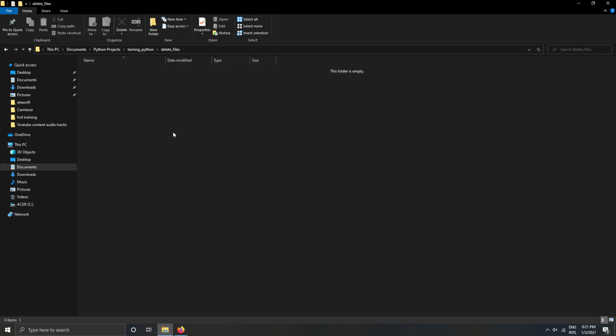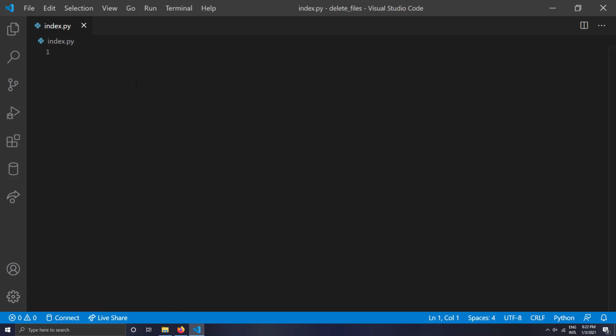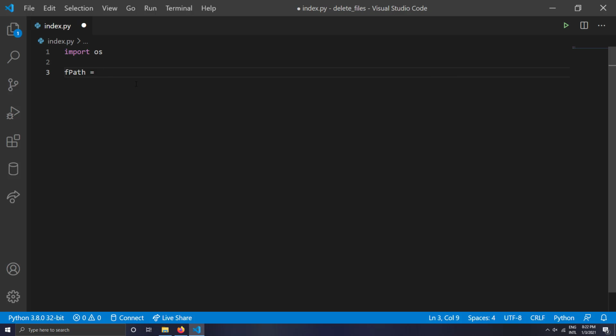I'll just take a blank folder. I'll open it with VS Code. Now I'm going to create a new file. I'll name it index.py. Alright, so first to delete a file I need to use the os.remove function. So I'll import the OS module. So import os, and then let me give a file path. So f path equal to, suppose if I have a file called test.txt, in this folder where I'm running this program, I can give directly test.txt, and then what I would do is